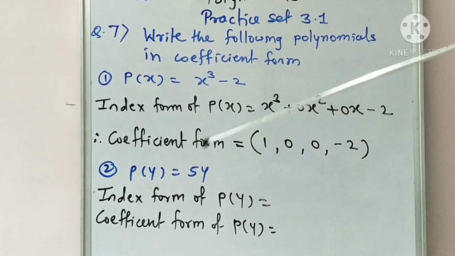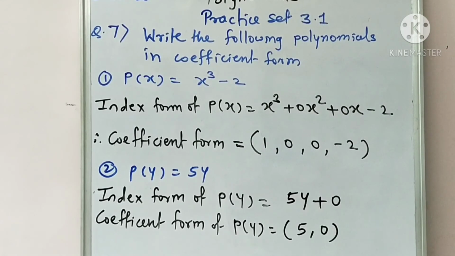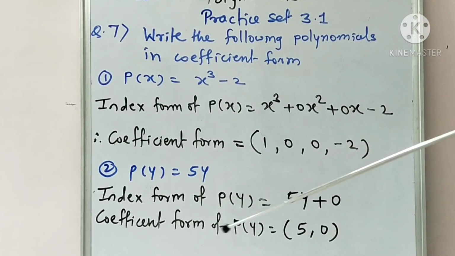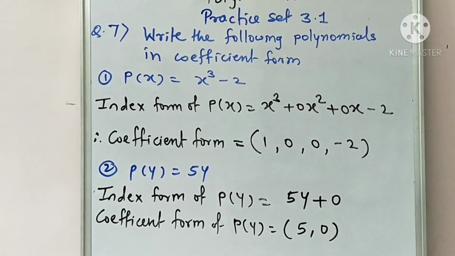So we write down the index form as 5y plus 0, and hence the coefficient form is 5 comma 0, like this. Okay, so this example is asked in exams for a 1 mark question. Okay students, so the next two examples I will keep as your homework. Okay,